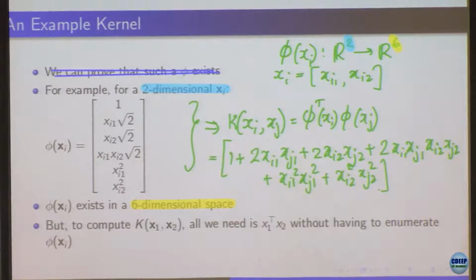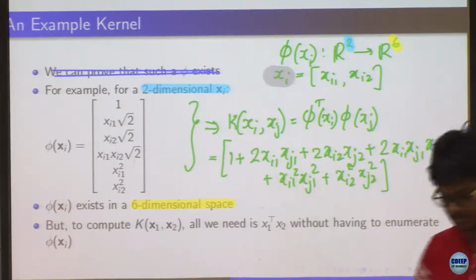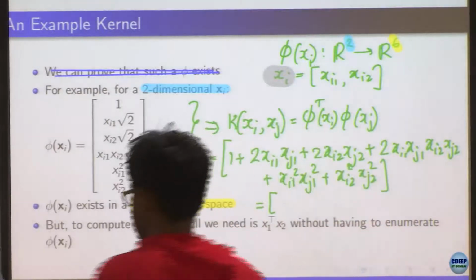Is this fine? So the observation you now make is that xi is a vector. Can I write this entire expression in terms of xi's and xj's? Okay, so it turns out, I can